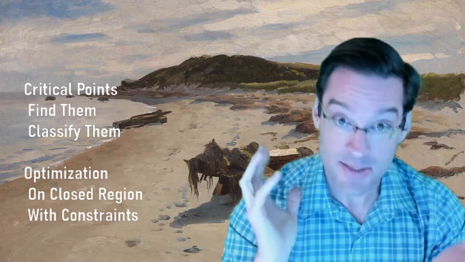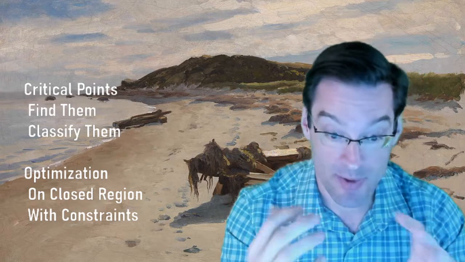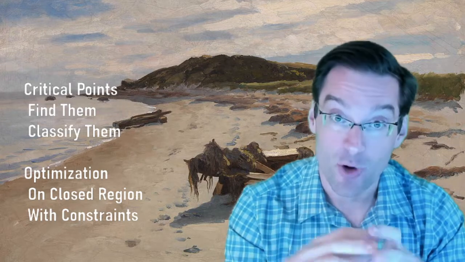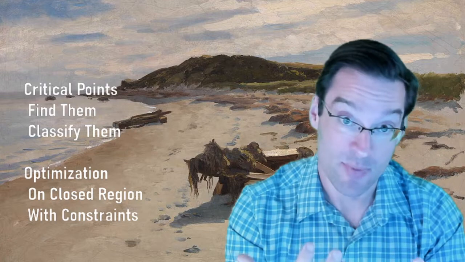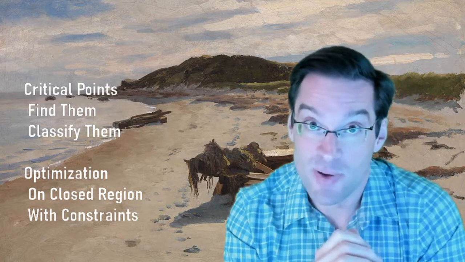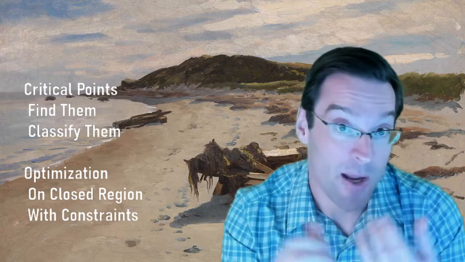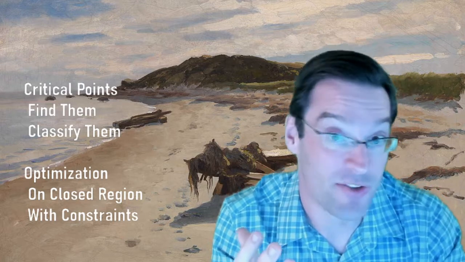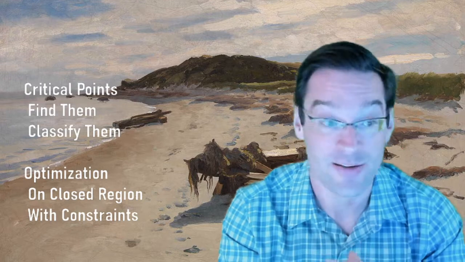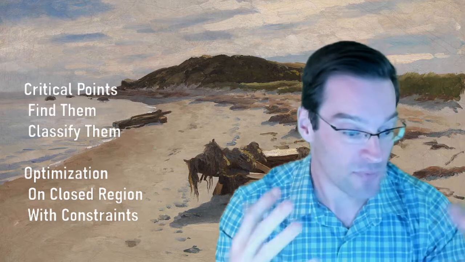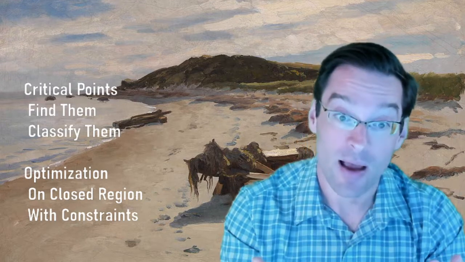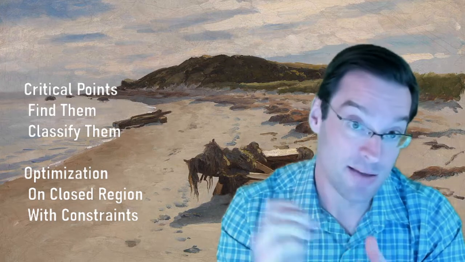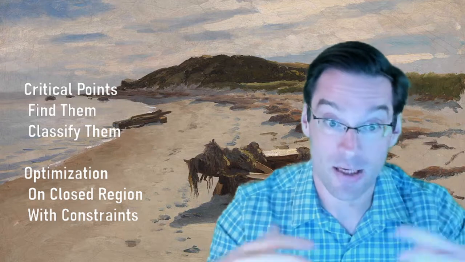But then in practice, especially in applications when we're doing optimization, usually we also have a certain domain on which we need to do that optimization. Like maybe we can't just pick any price that we might want to pick. It's going to have to be a non-negative price. We can't charge like -$6, right? We don't want to pay people to take our product. And so there might be limitations. There's a domain on which we want to do our optimization. So that's going to be the next step, is how do we do an optimization problem on a closed region,